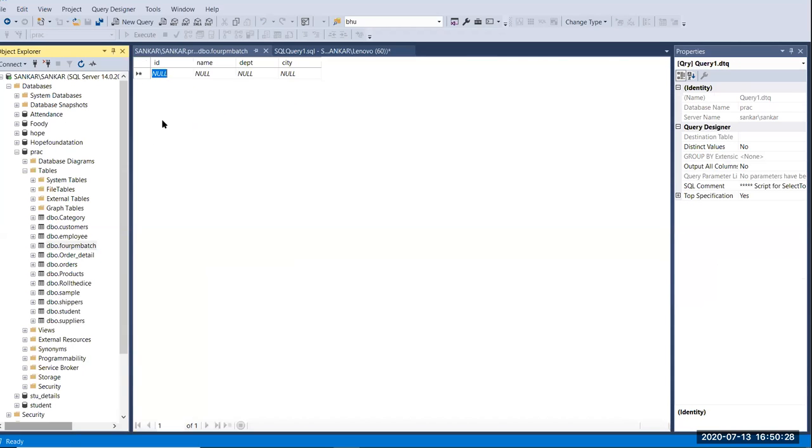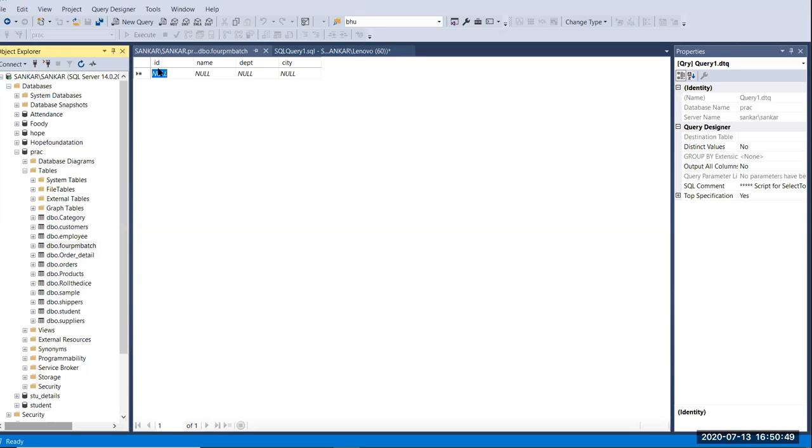Okay, so now you can see your fields, id, name, department, and city. The value will automatically increase. You have not passed any value here, right? Because we declared id as an identity.